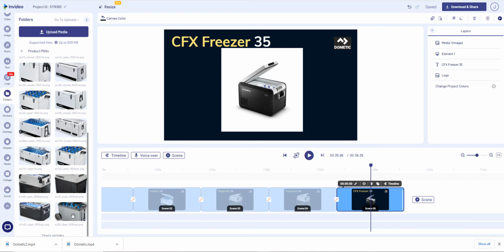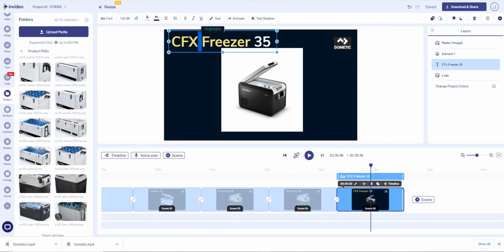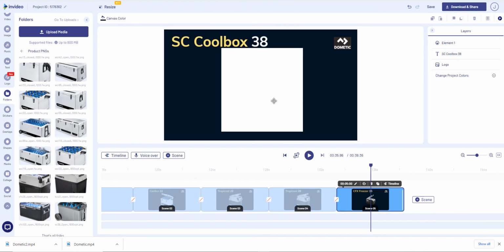And this is an SC38, and this is a wheeled cool box. So I'm going to go here, I'm going to click on here, I'm going to put SC, and I'm going to change freezer to cool box, and it's 38, and again the numbers always refer to capacity. 38. I'm going to remove that piece of media, and I'm going to drag this one on,